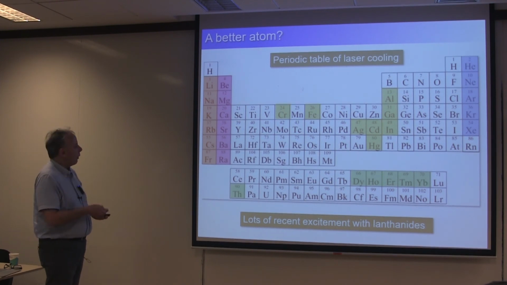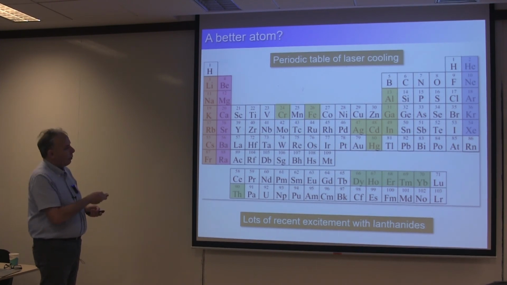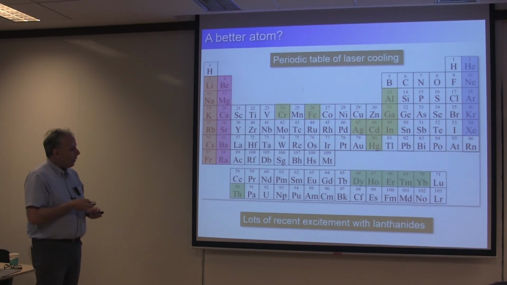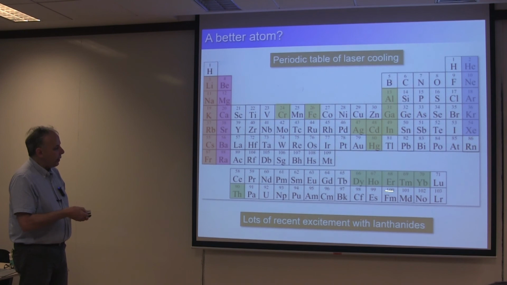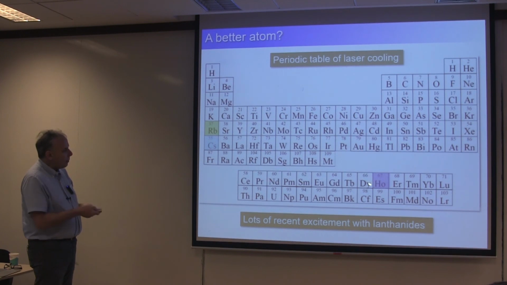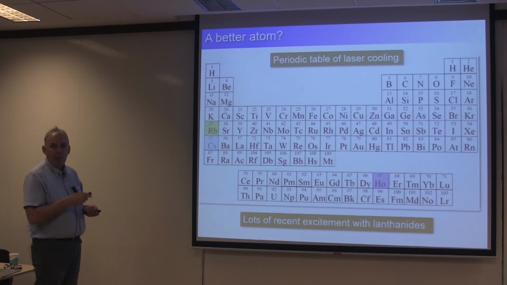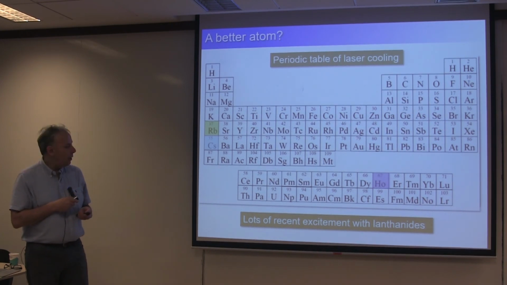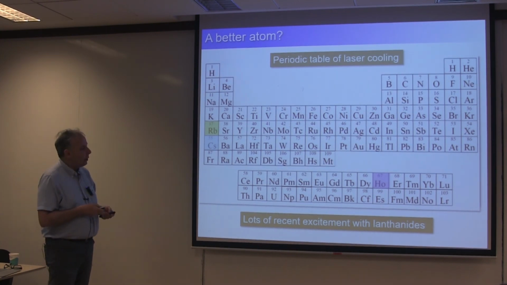in one form or another. Alkali atoms, alkaline earths, noble gases, transition metals. And in recent years, there's been a lot of activity down here with the lanthanides. And in my lab, we're working with rubidium and cesium, and also holmium, one of the lanthanide atoms. And I want to show you that this atom here might actually provide a very plausible solution to this problem of performing measurements without crosstalk in an array.